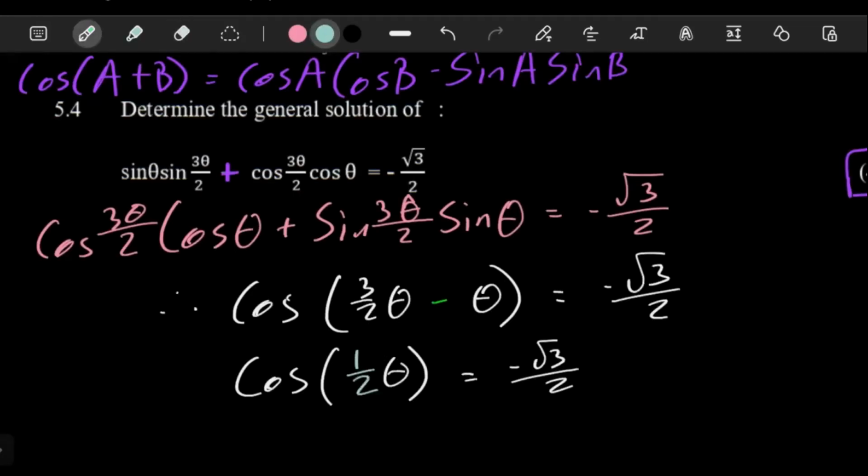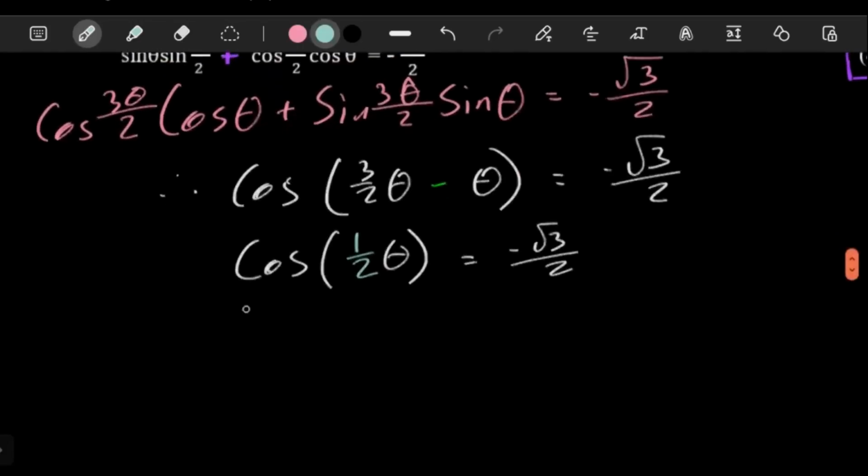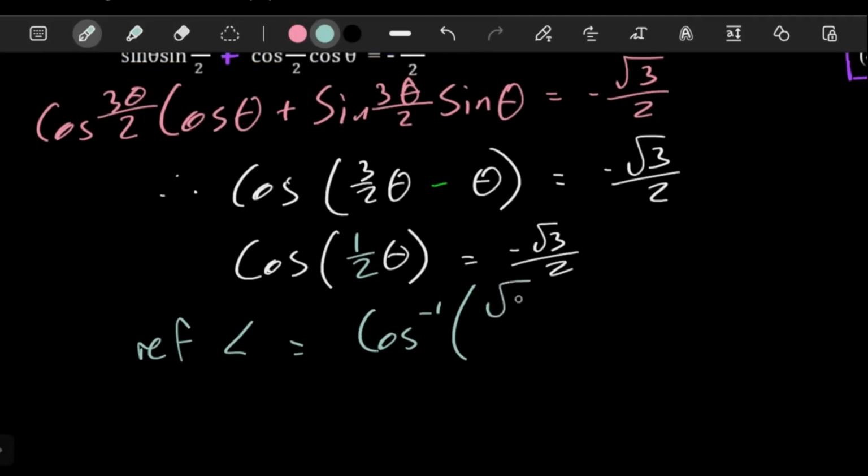There we go. Yeah, because it was the opposite. So when you're going to get your reference angle, you need to do shift cos. Your reference angle is going to be equal to shift cos, and then you always take this value as a positive value. You take the number as it is because you're getting a reference angle. So in your calculator, shift cos of square root of 3 over 2